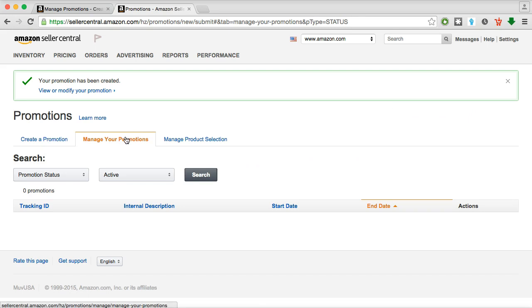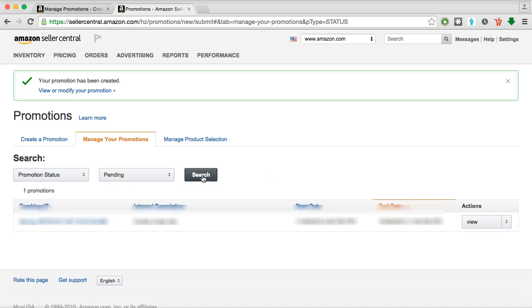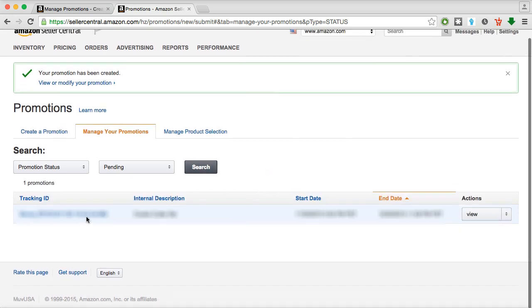So if you go to the Manage Your Promotions tab and you click on Pending here on the drop down and click on Search, then you'll see that it has been created. It's just pending. Like I said, it takes a few hours for it to actually kick in and be able to be used. Now, this is not the end of the process though, okay, because